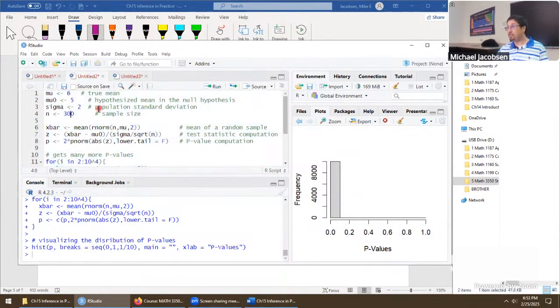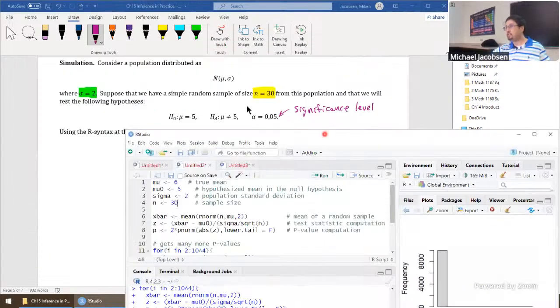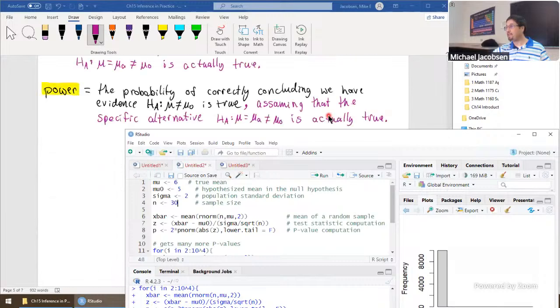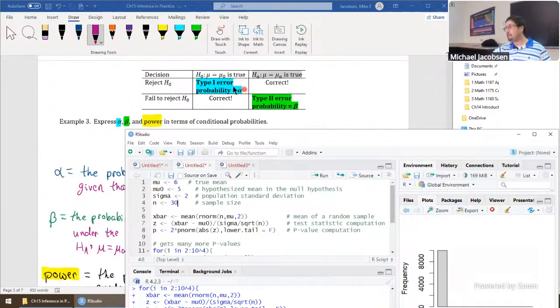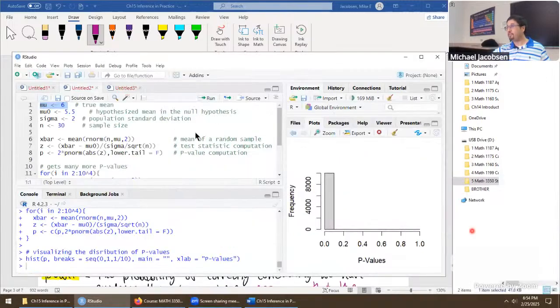Let's drop that back down to 30. And to help us out a little bit more, let's compare again with what we wrote right here. Type 1 error alpha is the probability of rejecting the null hypothesis when the null hypothesis is true. It's not true down here, but let's make it more true. Go 5.5. Now, this is the value of the null hypothesis, mu naught. This is the true mean. And if we go from 5.5,